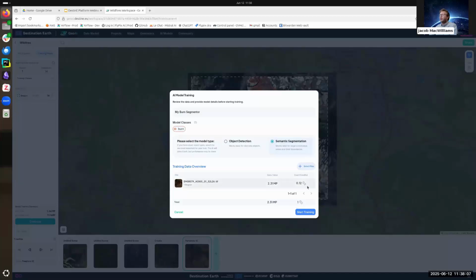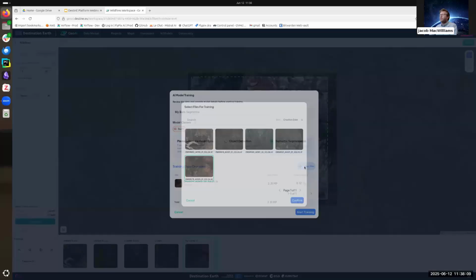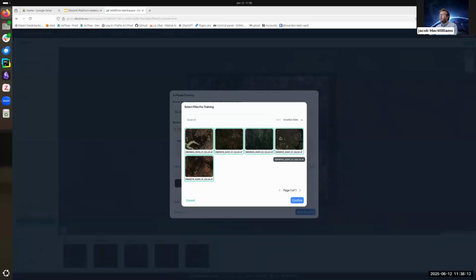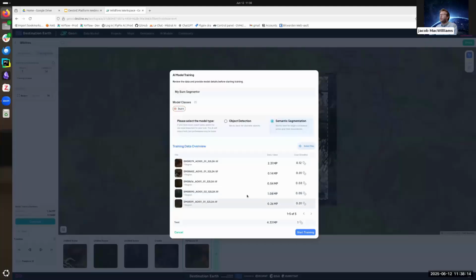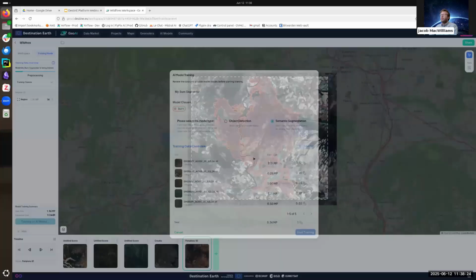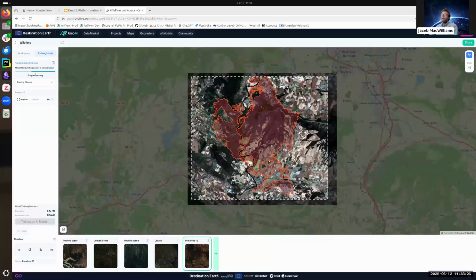So again, we have the credits, and we can select all the files in our raster. We can press confirm. It adds up for all the training regions that we have. It gives us an estimate for the cost for our training, in this case, 1 credit, and we can start that training. And so that will start, and that will be training for, again, a little bit longer than the palm tree use case potentially, because we have more rasters, but on the order of 15 minutes.